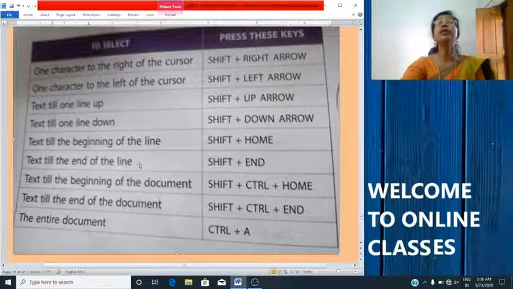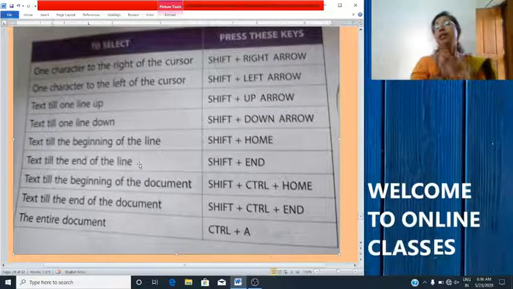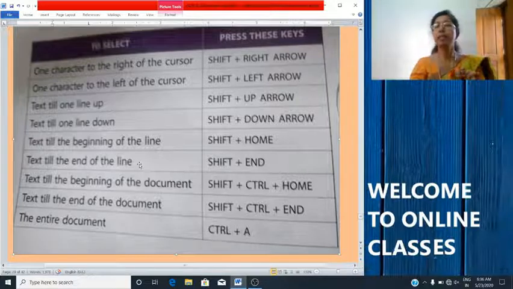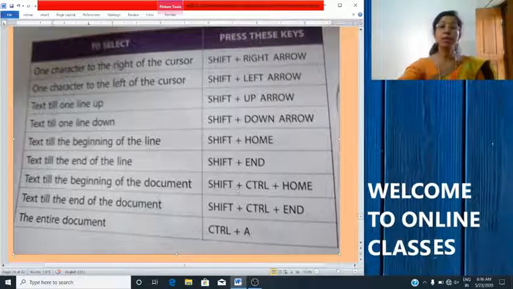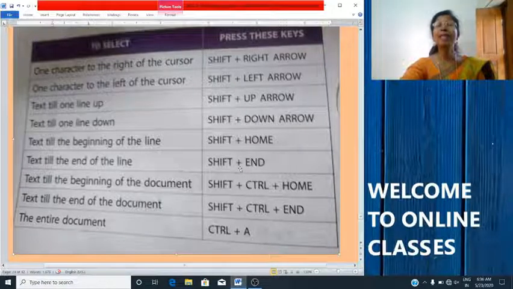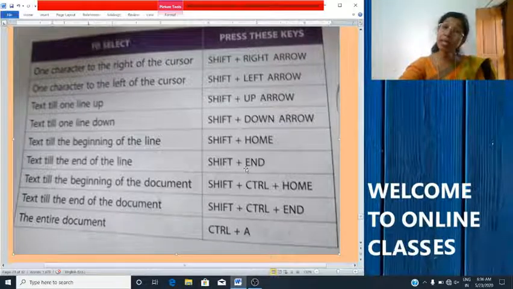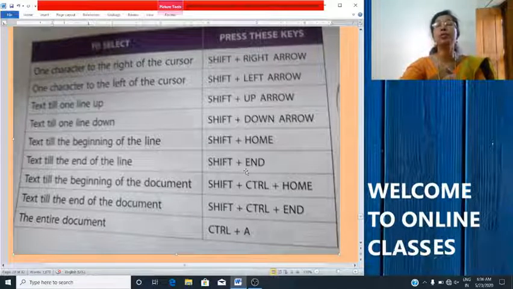Then till the end of the line, if you want to select text towards the right side from where the cursor is, you will use Shift plus End. You know that the keyboard has a Home key and an End key.